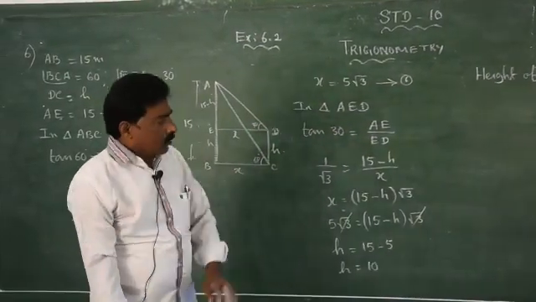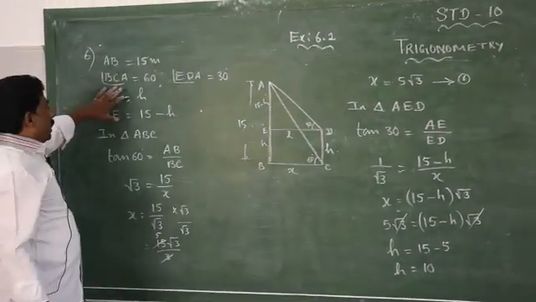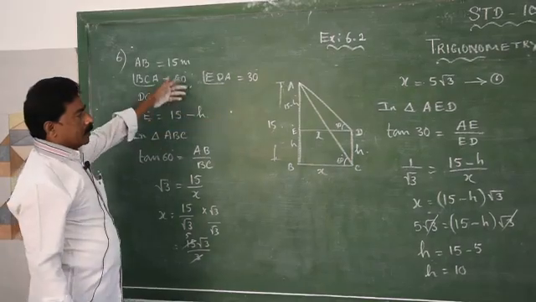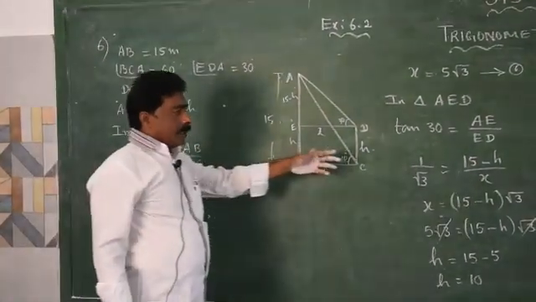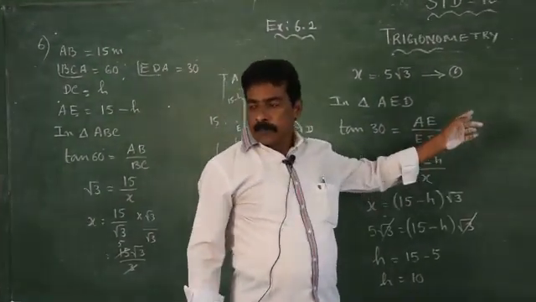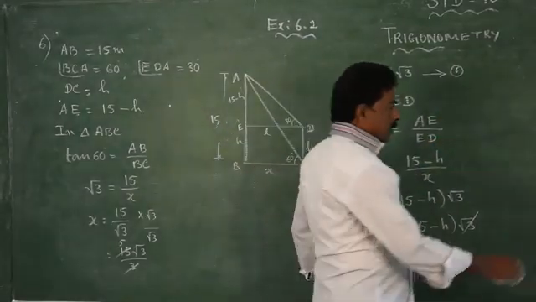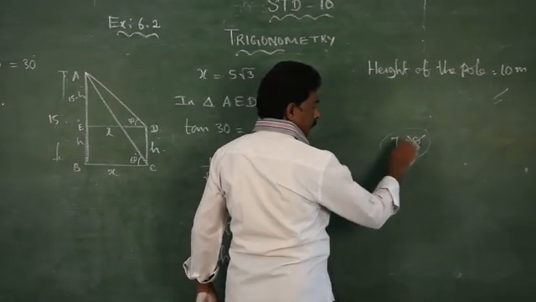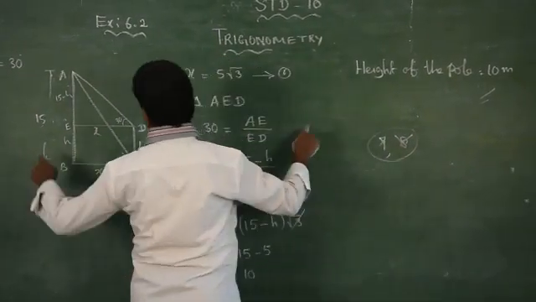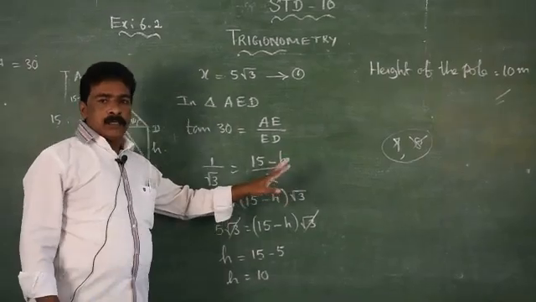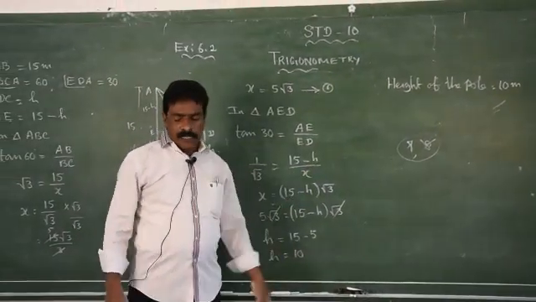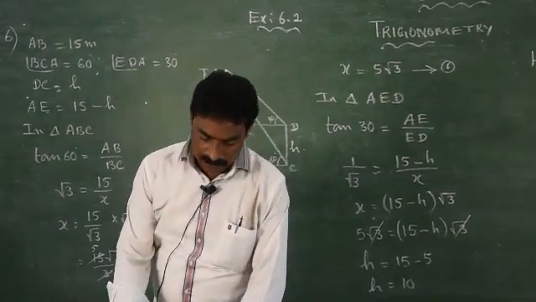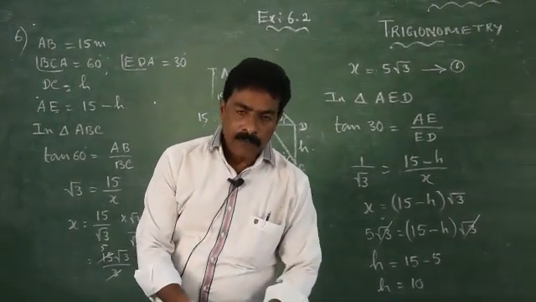So in this exercise, so far what we learned is only about the angle of elevation. In the whole exercise, we have 6 example sums and 5. In the old book, we have problems 7 and 8. Problems 7 and 8 are deleted this year. So the exercise has only up to 6 problems. In the next class, we will see about the angle of depression, the sums regarding angle of depression.